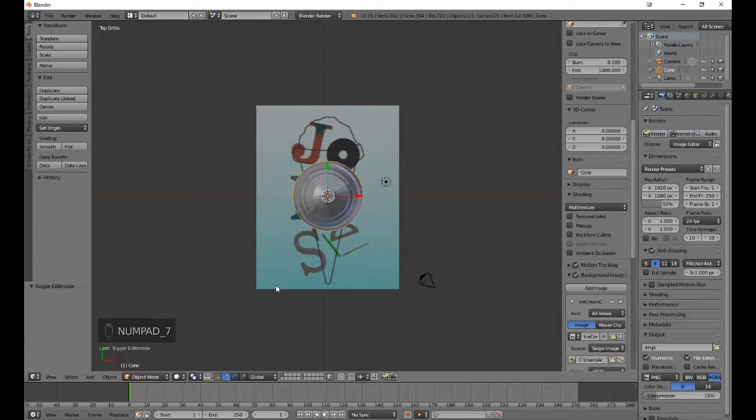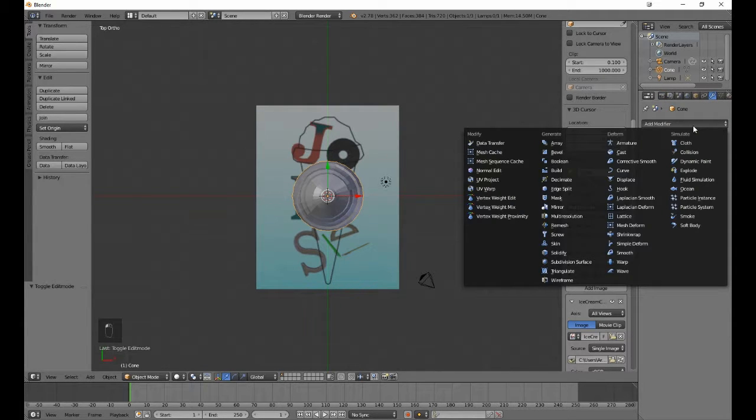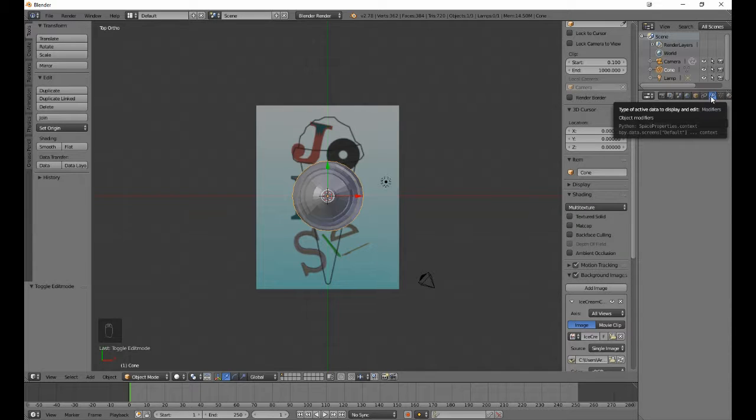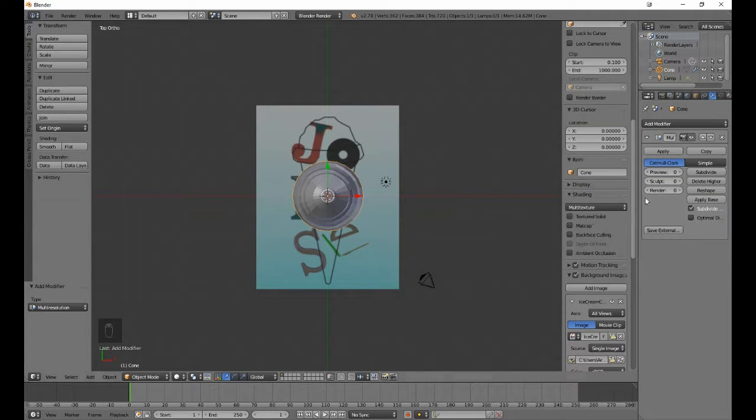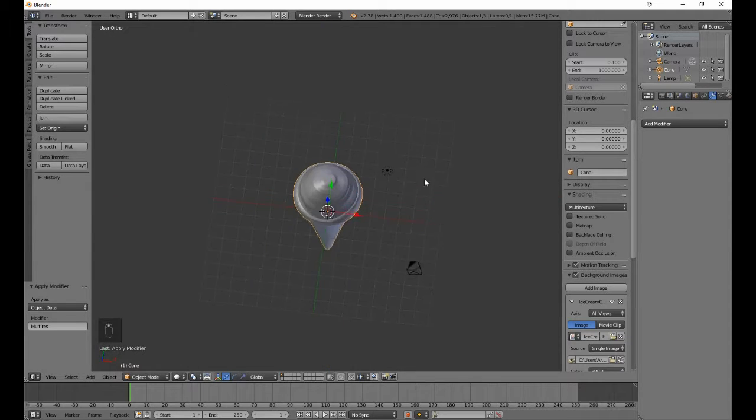But we can make it look more realistic if we go into Sculpt Mode. But before we do that, we need to increase the amount of faces we're working with. So we want to come over to the wrench modifier on the right, which is the modifier tab. And the modifier we want to add is the multi-resolution. And we want to subdivide it once. And then apply the modifier,